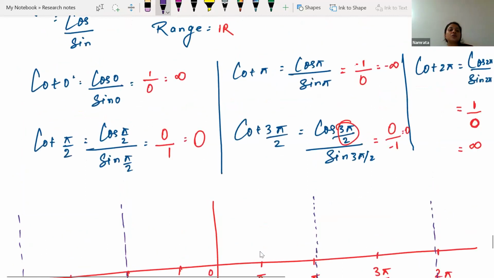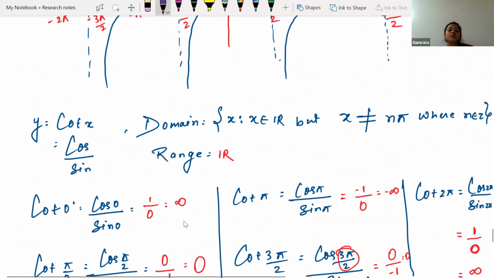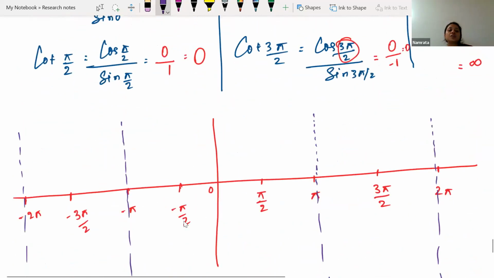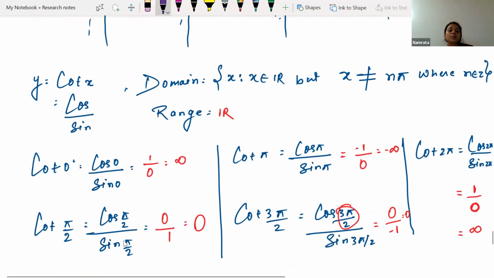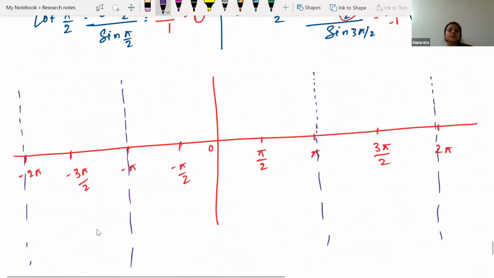Now at 0, we have found the value. It is plus infinity. Okay. At pi by 2, it is 0. So at pi by 2, it's 0. Here it is plus infinity. That means it will go like this. Okay. Plus infinity. When x value is approaching 0, y value is approaching plus infinity, that you will understand in